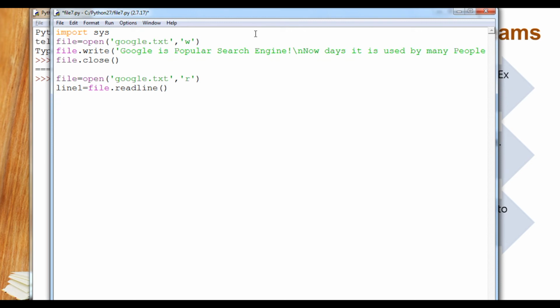Then I will write sys.stdout, standard output, that means the console or output screen. What I will write here is line1. And then sys.stderr.write, where I will write a simple message along with \n.